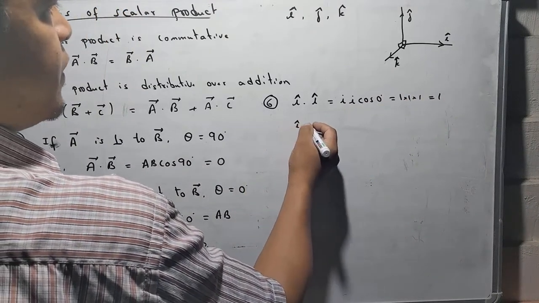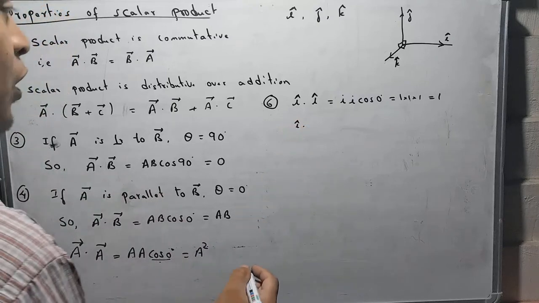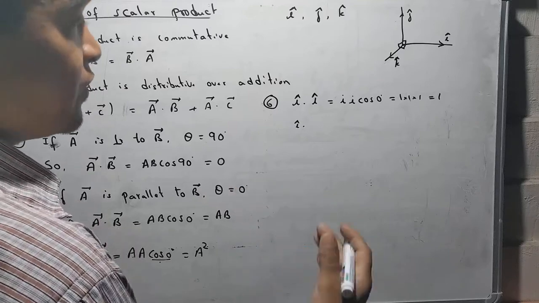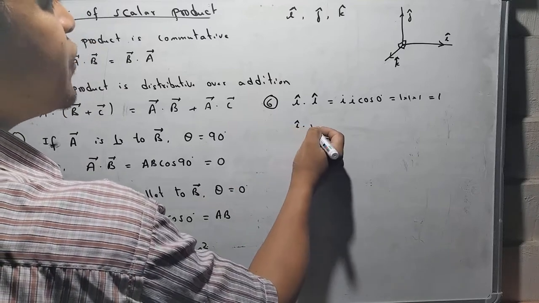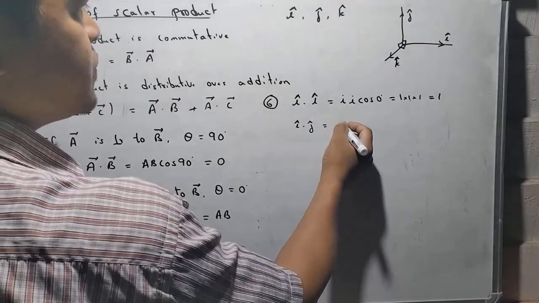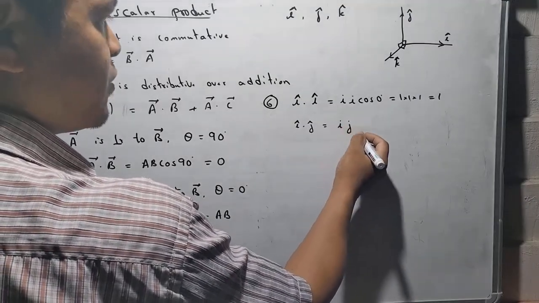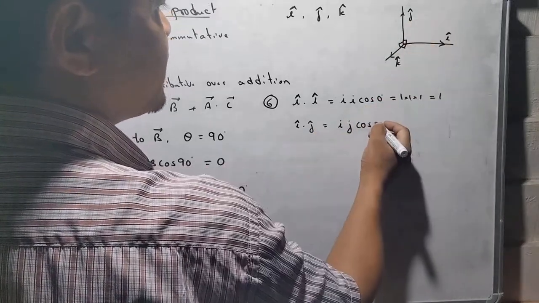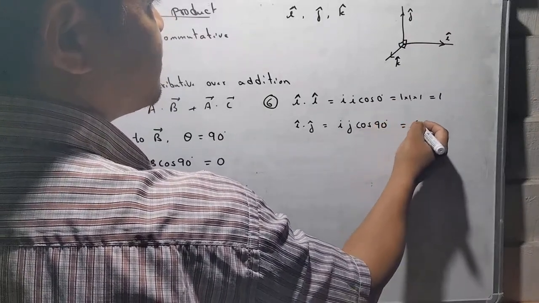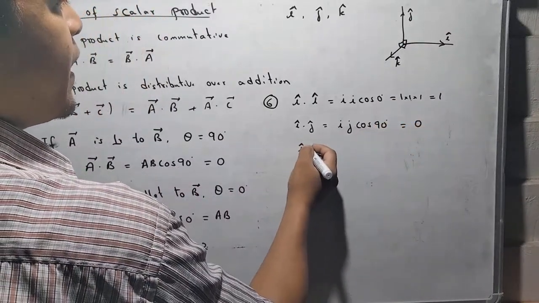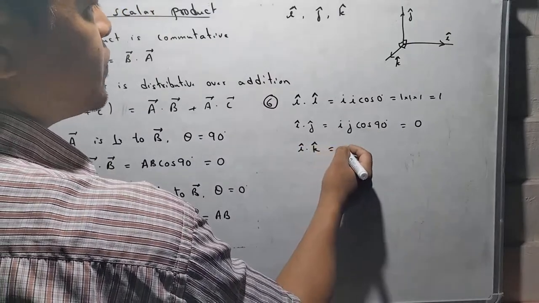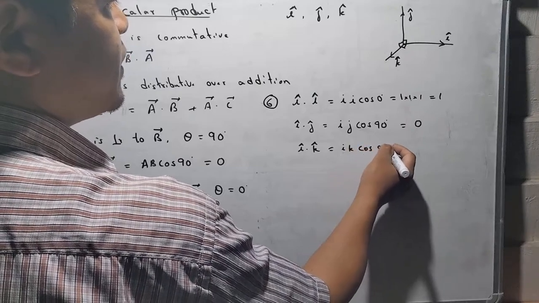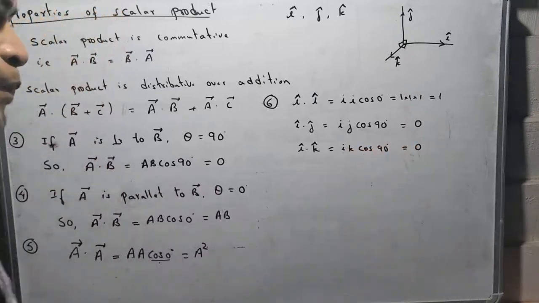Now, the scalar product of a unit vector with the other unit vectors. Like if you take i cap dot j cap. Now this will be equal to magnitude of i, magnitude of j, cos of the angle between i cap and j cap. This is i, this is j, so the angle is 90 degrees. So cos 90 is 0, so this will be 0. Similarly, i cap dot k cap will be equal to magnitude of i, magnitude of k, cos 90 degrees, and again this is equal to 0. Okay,